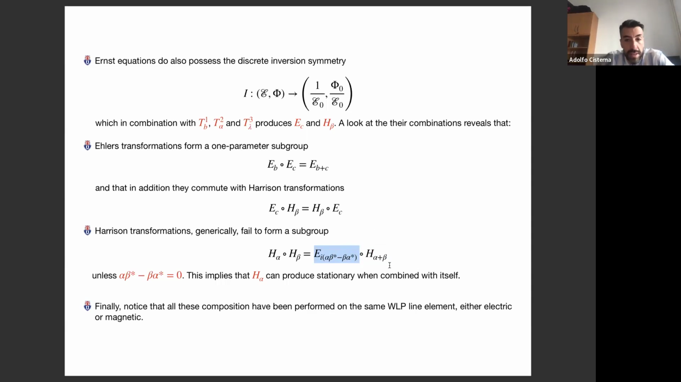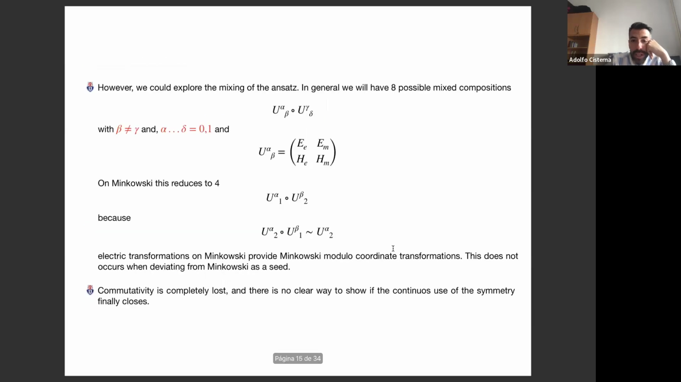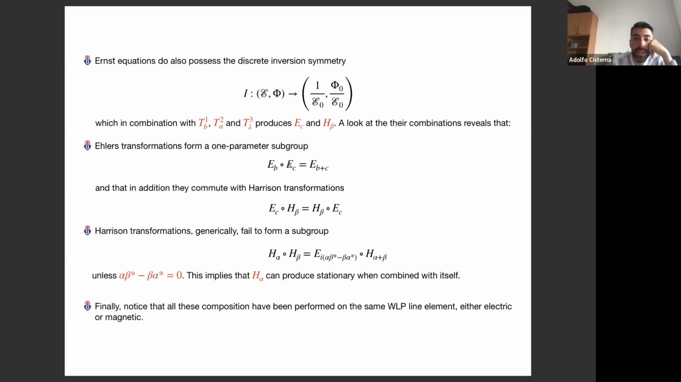And this is nice. Well, but all of these are things that were known before. What wasn't explored, and that we did recently, and I'm going to tell you now, is that all of these combination rules, the way Ehlers commute with Harrison, the way Ehlers close as a subgroup of the Lie symmetries, and the way Harrison combined producing stationarity in general terms, all of these things